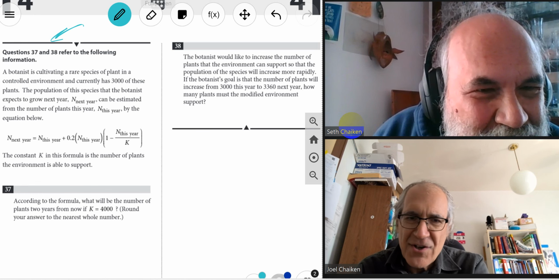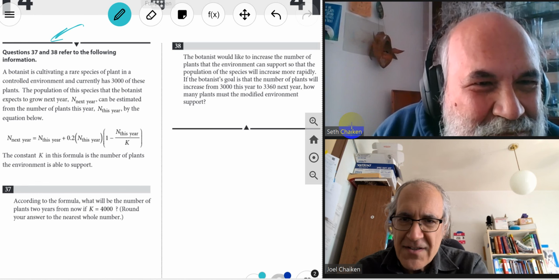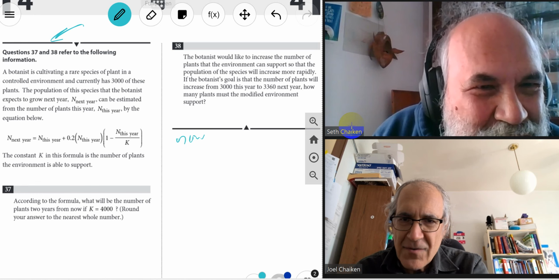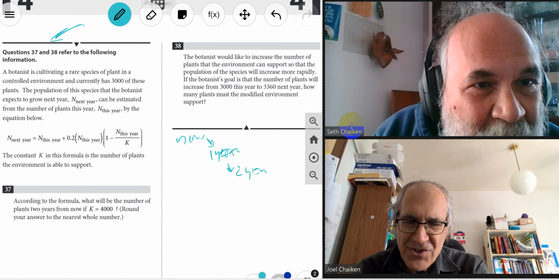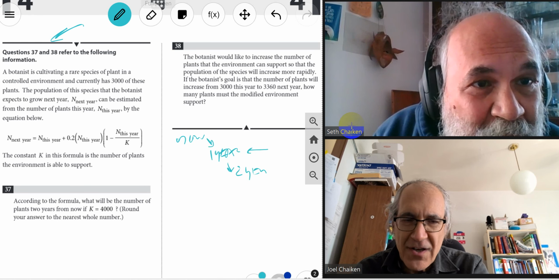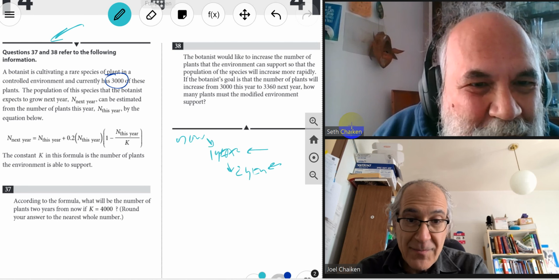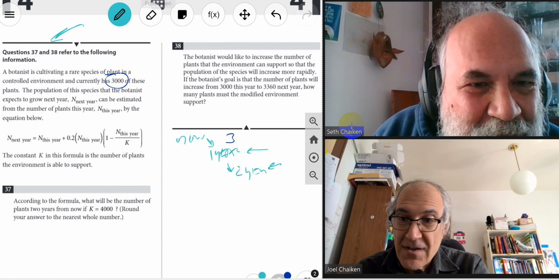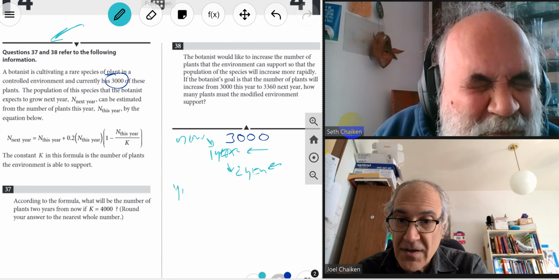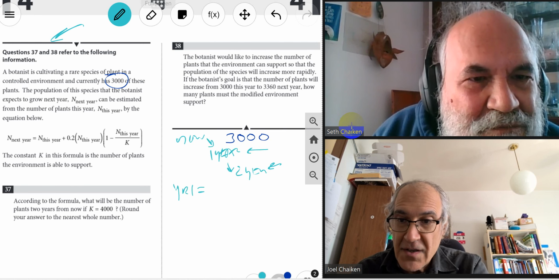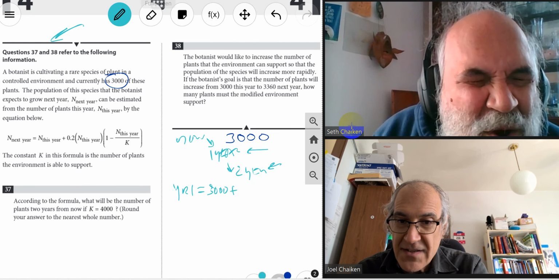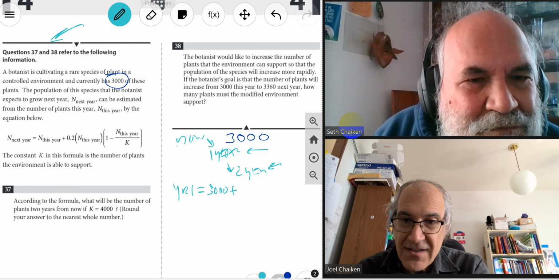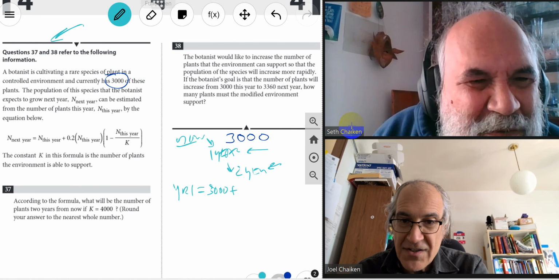So this is a recursion. Two years from now. This is now. We have to go 1 year forward, and then we have to go 2 years forward. This relationship tells us how to get the 1 year, and after we get the 1 year, we plug it back in and we get the 2 year. So year one is equal to this year, which is 3,000 plus, now, that's the now. Year one is 3,000